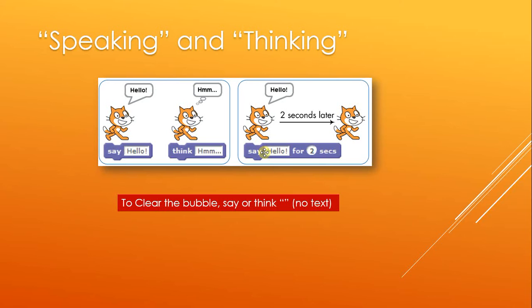Okay, so obviously we know the difference between speak and think. Speak has the little solid bubble, think has the little bubbles. Everybody recognize those two. Now there's an additional one which you can say something for a period of time. If you use the second one, it'll open the speech bubble for a period of time and then make it